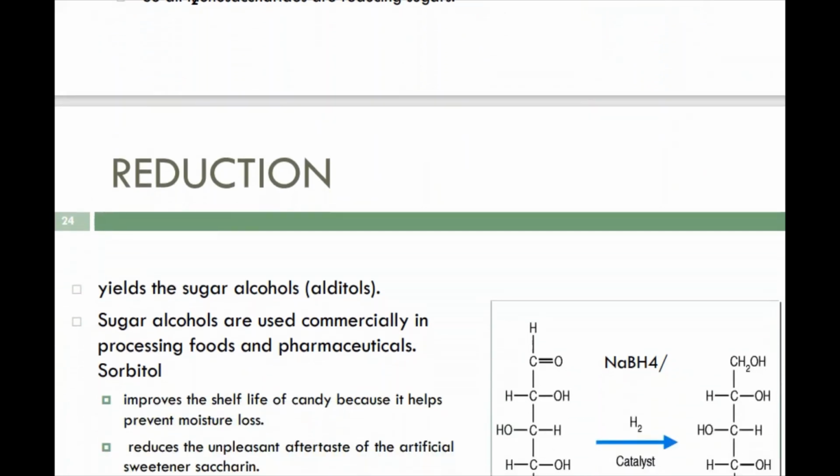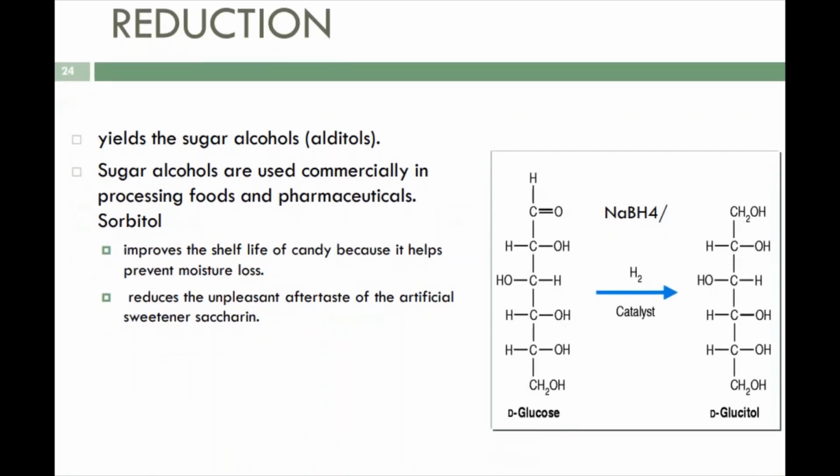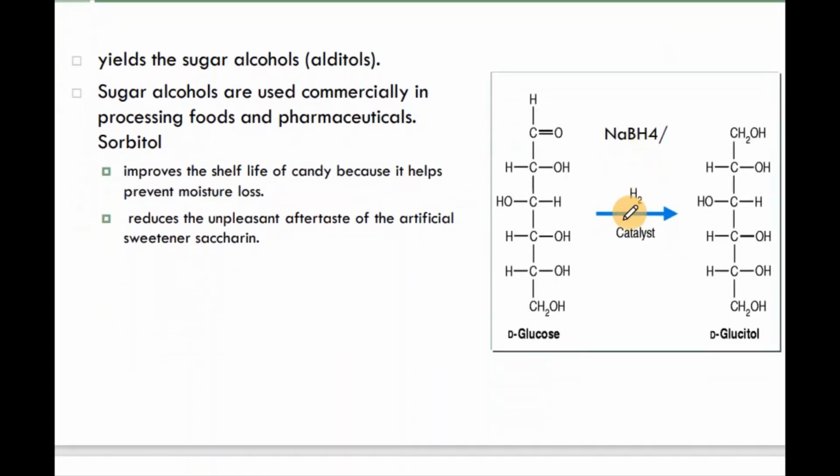to produce what we call fructose. In the same way, aldehydes or monosaccharides can be reduced if you use a reducing agent like sodium borohydride or, let's say, hydrogen. So here, if you have a glucose and you reduce the aldehyde group to OH, we form what we call a glucitol. In a general sense, when aldoses are reduced, they form what we call an alditol. So glucose becomes glucitol, fructose becomes fructitol. If you have ribose, it becomes ribitol, and all